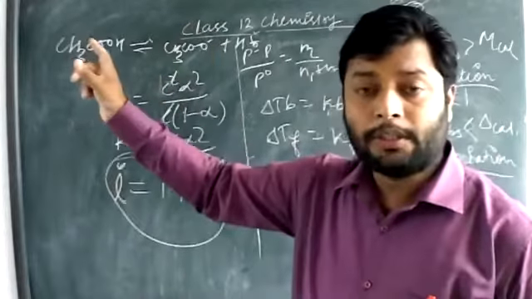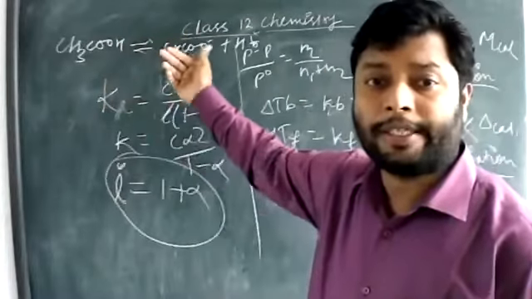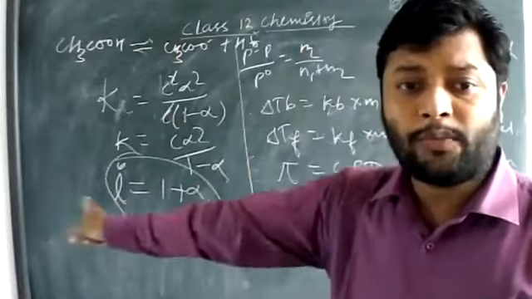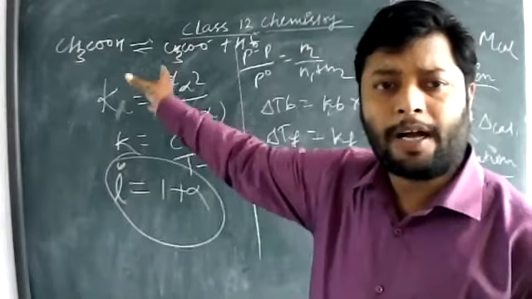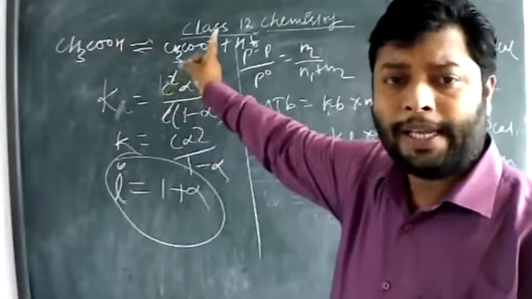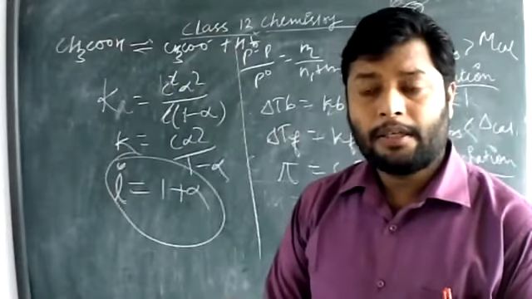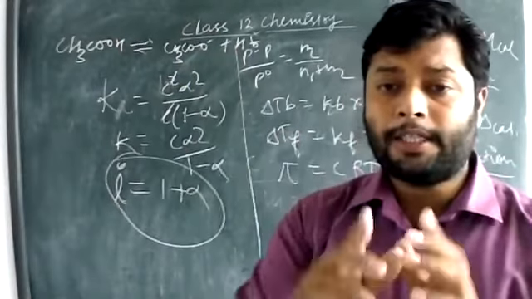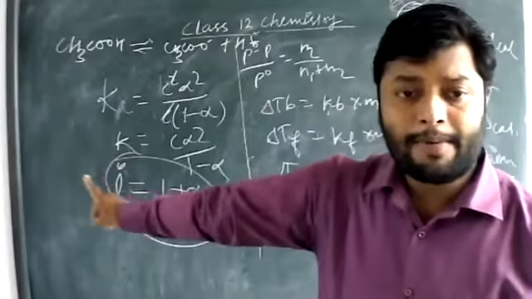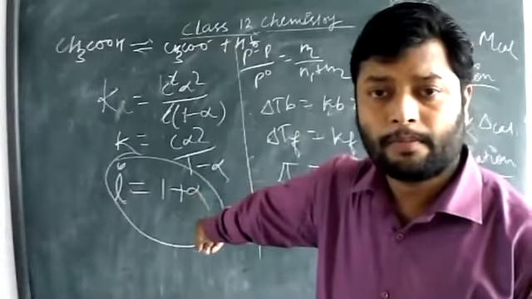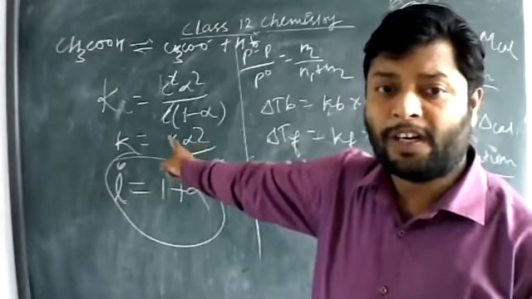If one solute on dissociation gives two ions only in the solution, i will always be 1 plus alpha. This is a fixed value. i will always be 1 plus alpha because acetic acid gives two ions only, acetate and H plus. In the same way, you can take any example where the solute dissociates into two different ions. i will always be 1 plus alpha. Alpha you have to calculate from here.